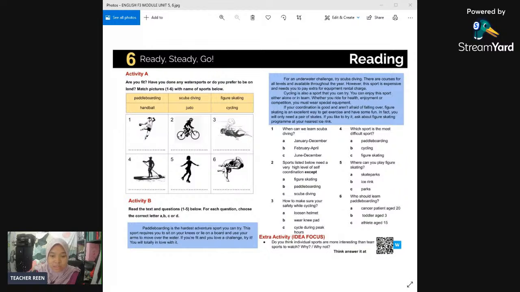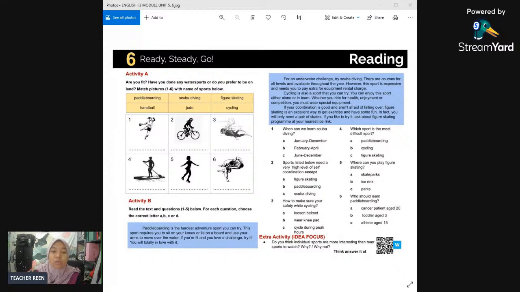There is exercise A, which is for you to label the name of the spots. So just look at the picture and try to think of what is the name of the spot and write down the name of the spot in the line provided.